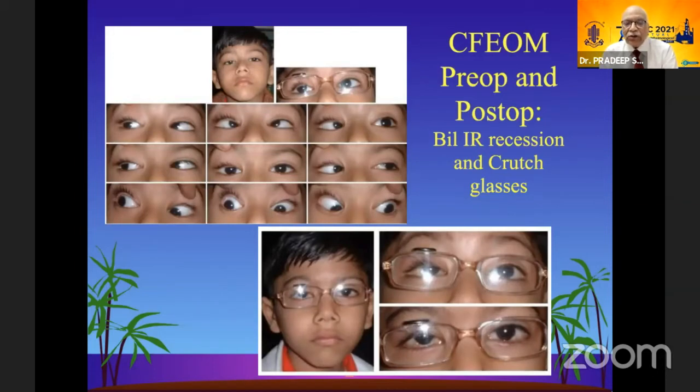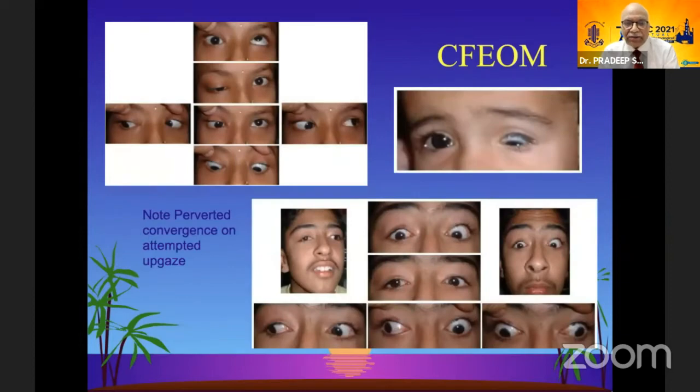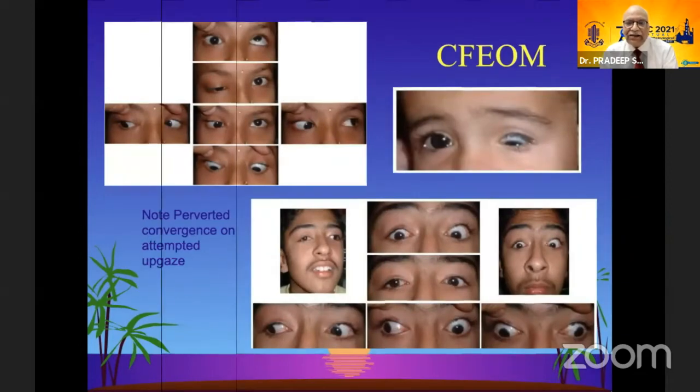Now see the exotropia, which is marked in down gaze, and an esotropia in up gaze, which is happening partly because of a tight inferior rectus, so that there is a slippage of the globe, but also a secondary disinnervation which is happening. And these cases sometimes may require a Faden on the medial recti to prevent this secondary innervation, the perverted convergence, like in another case of this.